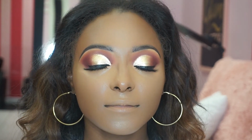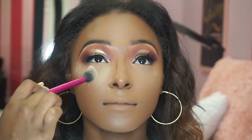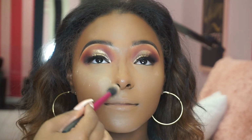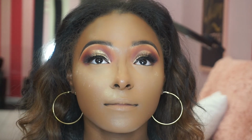Next, I'm going to take the Patrick powder by MAC. This has been discontinued, but I really like this powder. I actually mix a little bit of my Sacha Buttercup powder in with it because I don't care for the really yellow color of the Sacha Buttercup, but I like how some of the warmth that it gives to under eye to more deeper skin tone, so I like to mix it in with a more of a white or